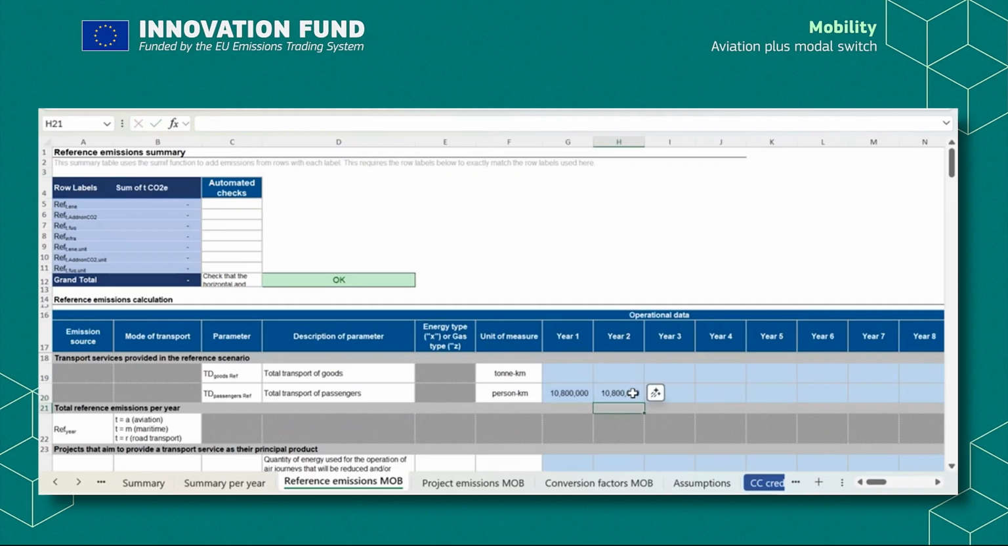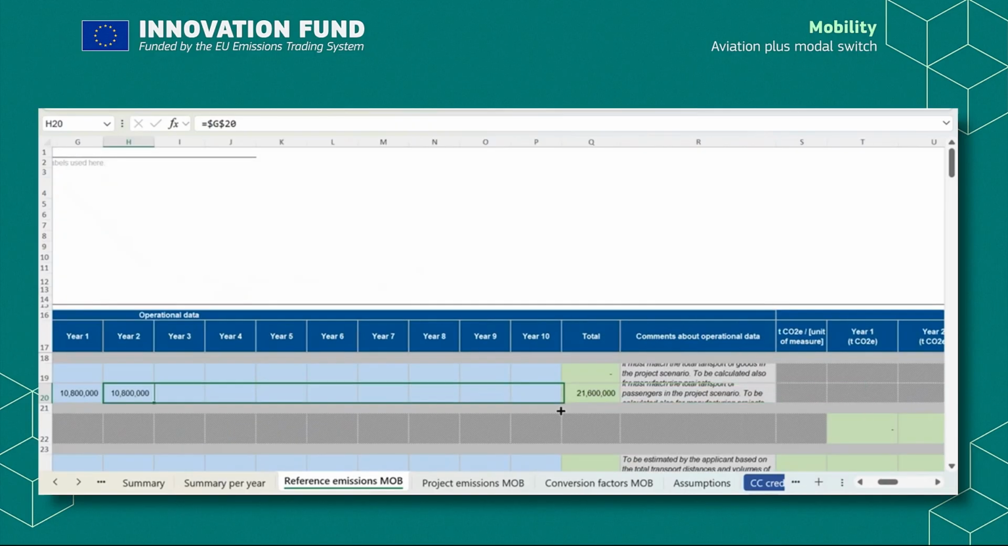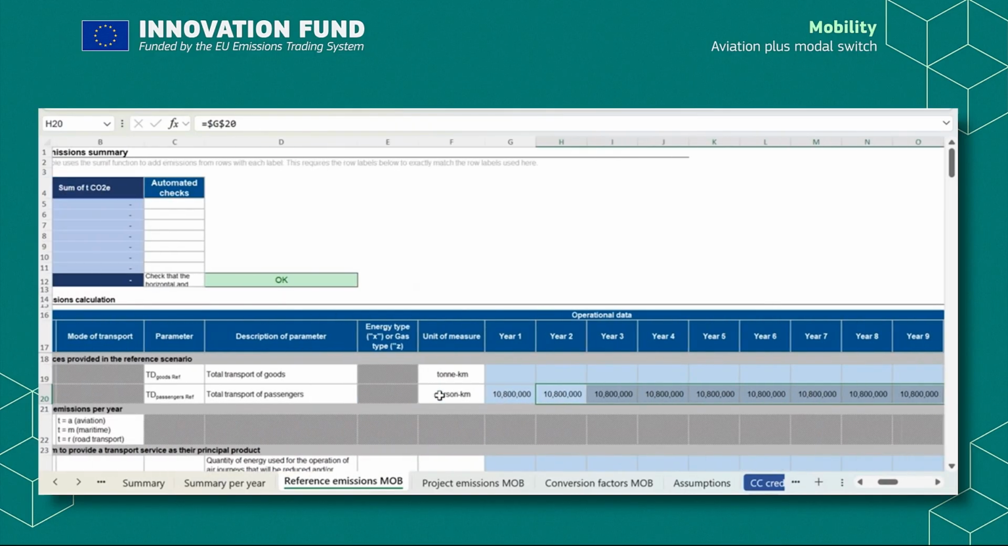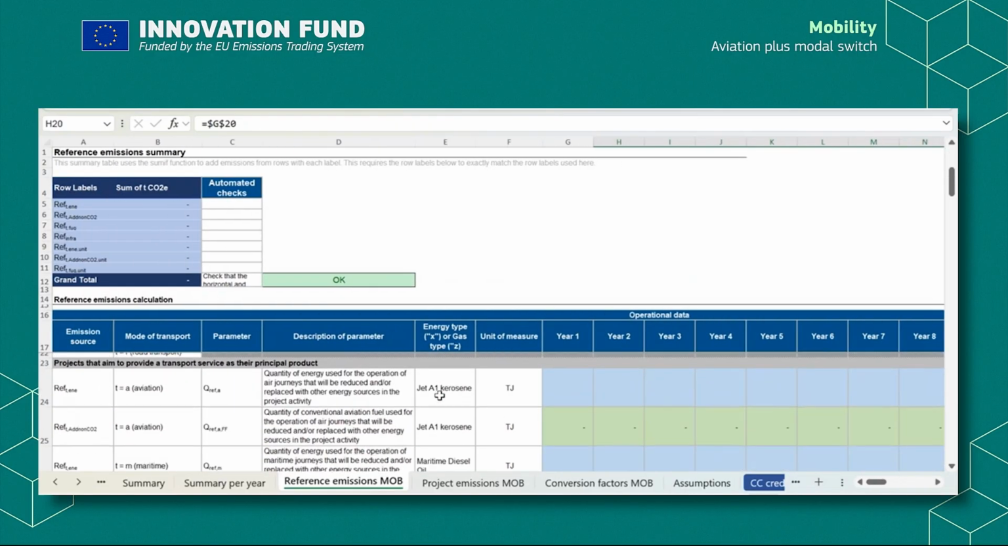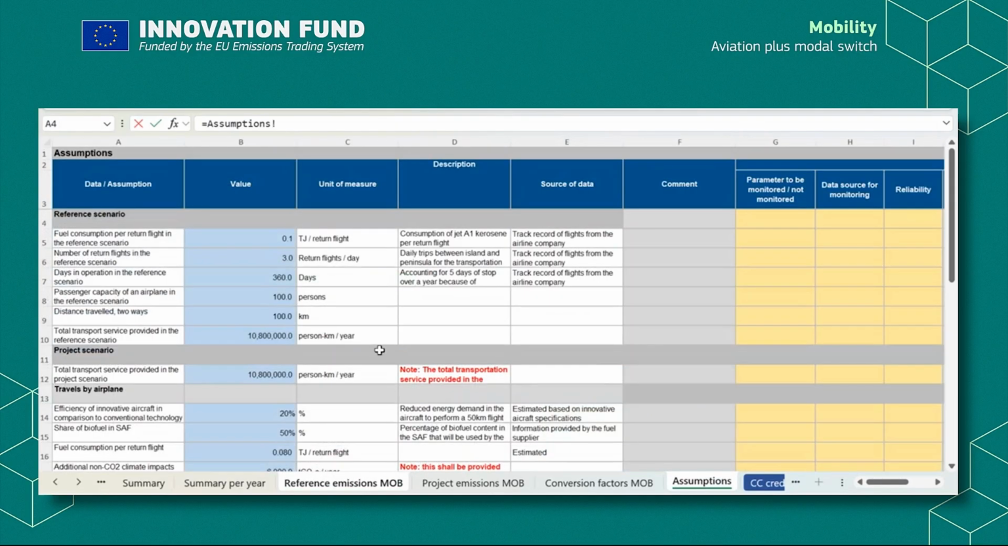In the reference scenario, we only have the aviation modal. In this case, we only need to calculate the quantity of jet kerosene consumed by the reference aircraft, in terajoules, in row 24. This energy consumption will be reduced or replaced with other energy sources by the project. The quantity of jet kerosene consumed in year 1 will be the fuel consumption per return flight, in terajoules, which is 0.1,